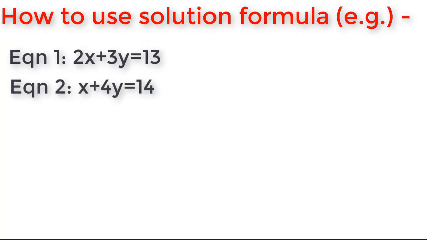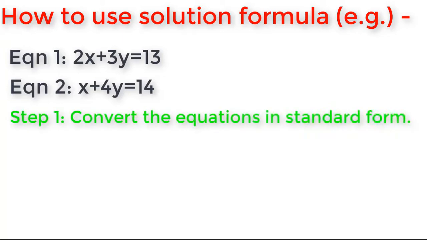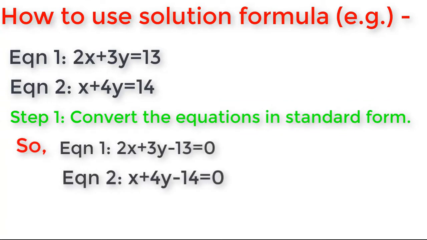Suppose we have two equations, the first one as 2x plus 3y equal to 13 and the second one as x plus 4y equal to 14. Now the first step we will do is to convert these equations into the standard form. The standard form is a1x plus b1y plus c1 is equal to 0, where a, b, c are constants and x and y are variables. So the equations will be 2x plus 3y minus 13 is equal to 0 and x plus 4y minus 14